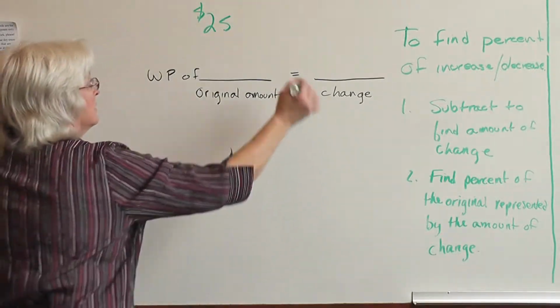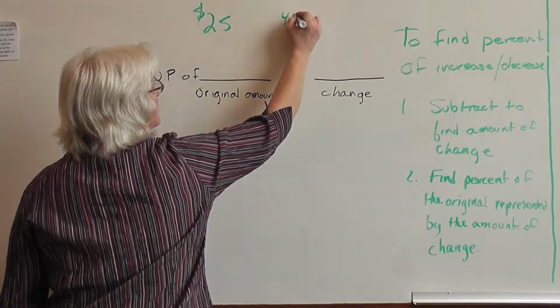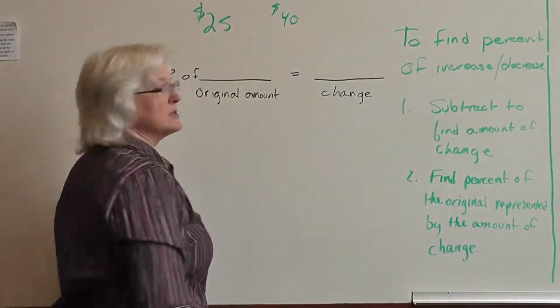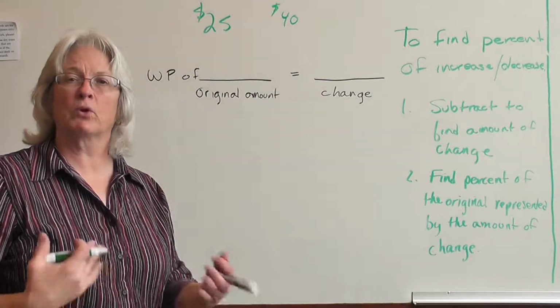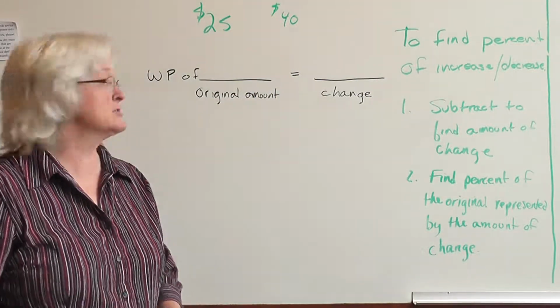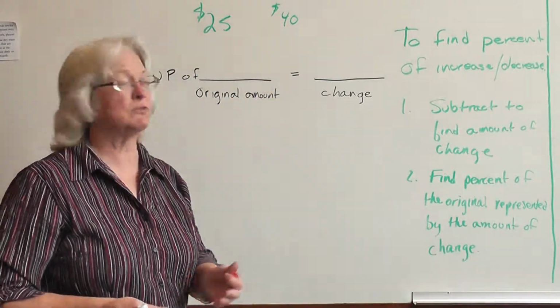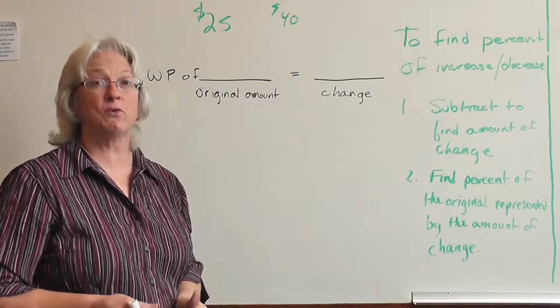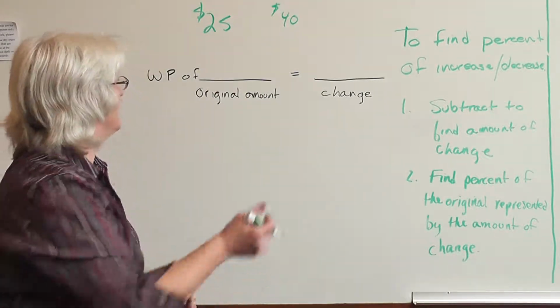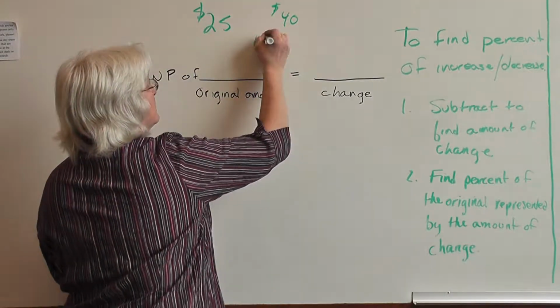He is making $40 a week this summer. We're going to subtract them, and we're going to subtract so we have a positive number. So 25 minus 40 would give us a negative 15. So we're just going to say that 40 minus 25 is $15